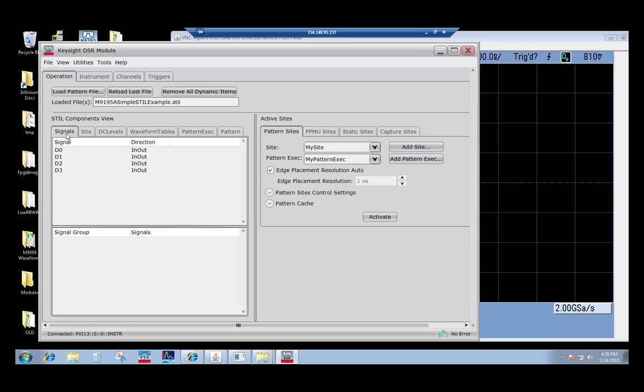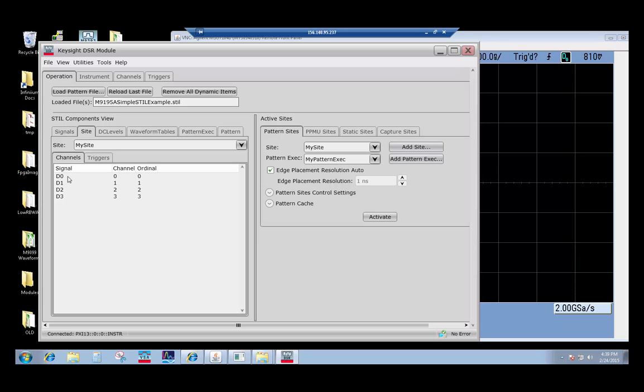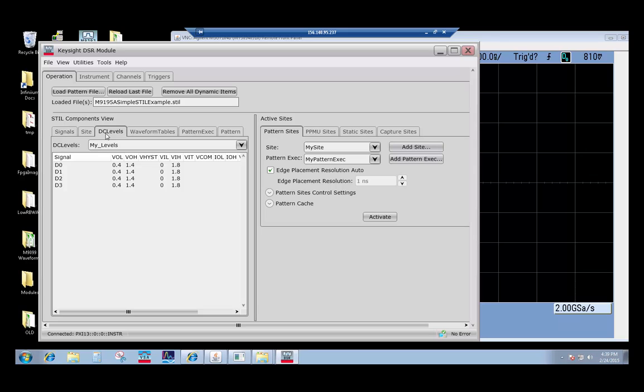Here are my signal attributes D0 through D3 and a direction associated with that. Here's my site. The site is associating D0 through D3 to a physical channel on the M9195 and the ordinal associated with that. DC levels, I mentioned that before, D0 through D3. You can see V out low, V out high, V in low, and V in high